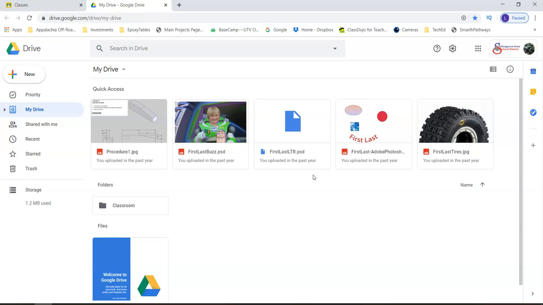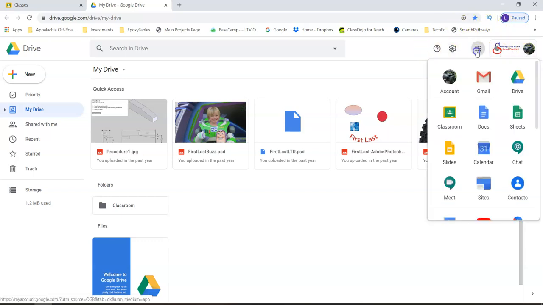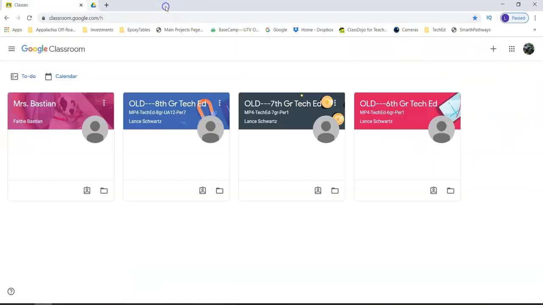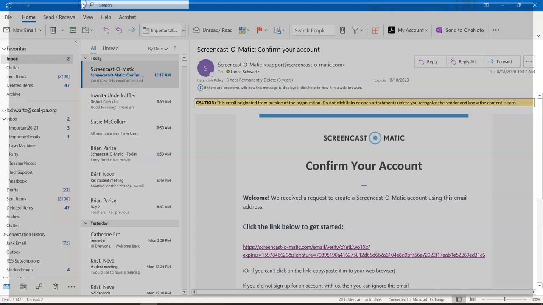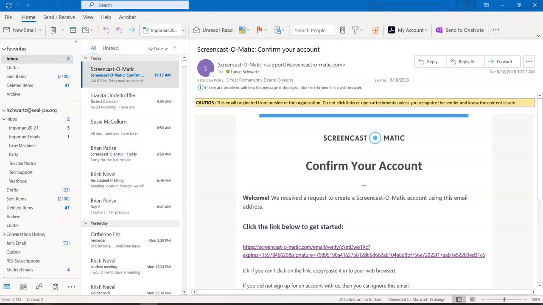Especially in a situation where we end up remote, this is going to be really, really important that you guys understand how to do this. You do not have to sign out of this, right? Like you do not have to do that. So if you come back into Google, if you close this browser and you open Google again,